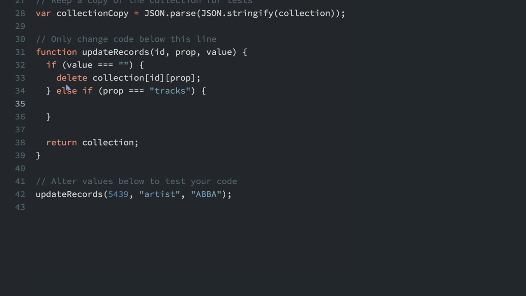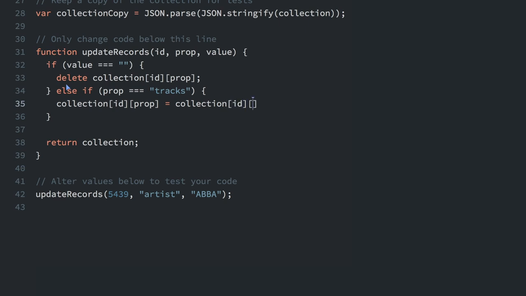So there's also another condition here, which is if the tracks property is empty. If the tracks property is empty, we need to create it. Here's a fancy way to do that. collectionID props. So if prop equals tracks, we are going to set the tracks, because remember, prop is going to equal tracks. We're going to set the tracks to equal either itself if it exists, or if it doesn't exist, we're going to create it. I'll show you how. collection